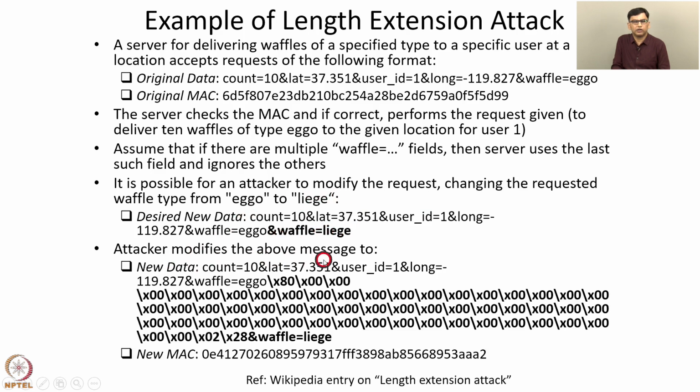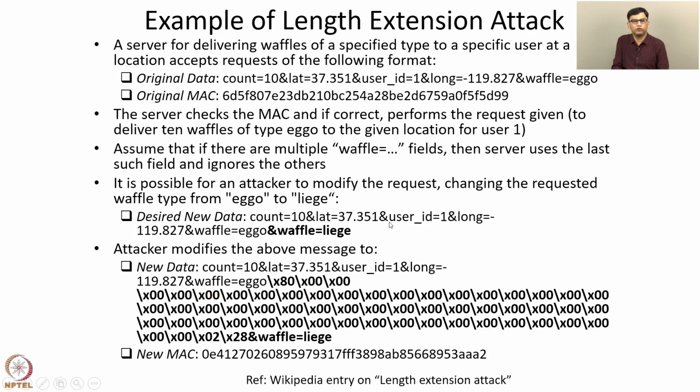New data is the original message plus the padding that needs to be added plus the spurious bits, and the MAC is this. The intruder is able to calculate the MAC because the original MAC is known, and then the intruder has to use the above procedure in the previous slide to calculate the new MAC. So the intruder has enough information to calculate the new MAC.